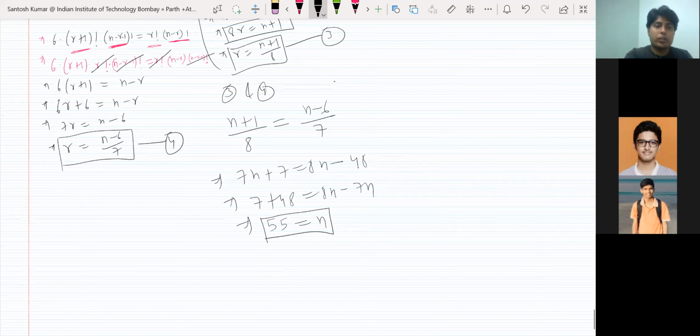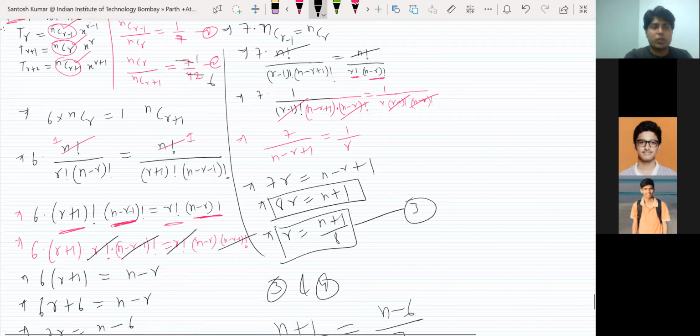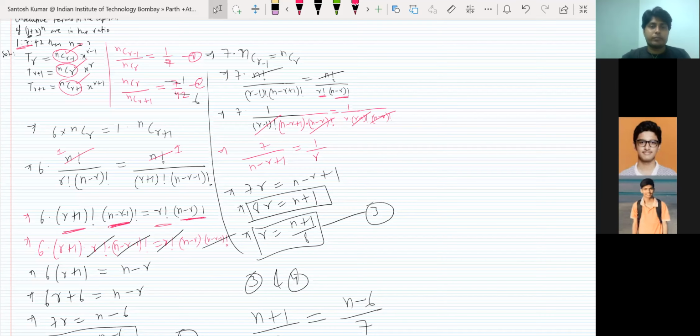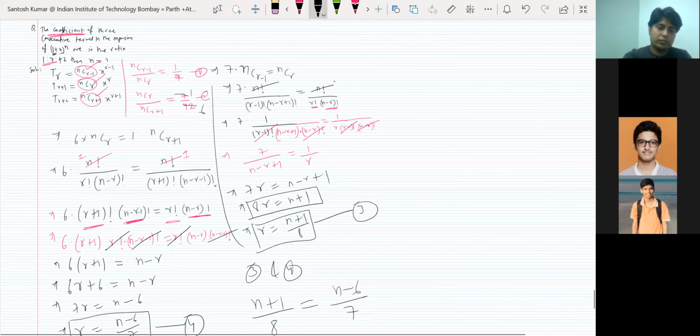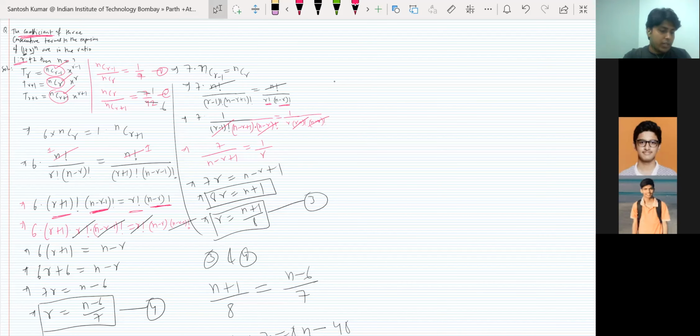Okay, so just simplification. Information was given in the question: the ratio of the coefficients of consecutive three terms are in the ratio 1:7:42, and then we just simplified them to get the value of n. So any doubt in this, you can tell. So let's solve a few questions asked in the JEE Mains or Advanced. So let me solve a few questions.